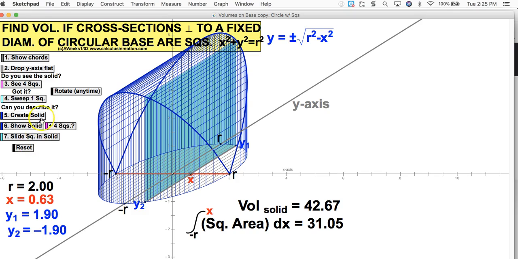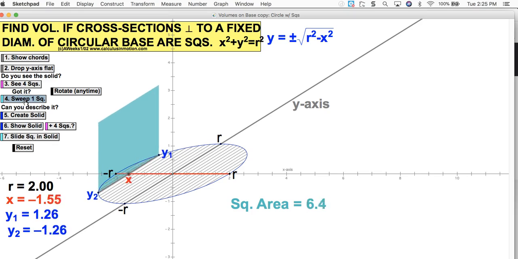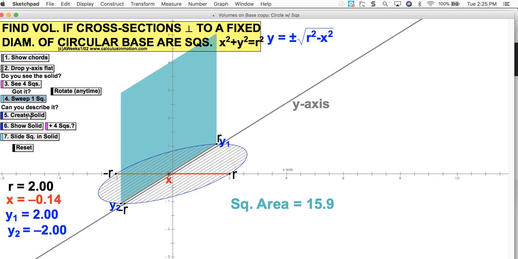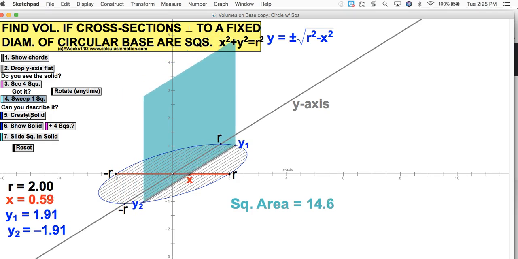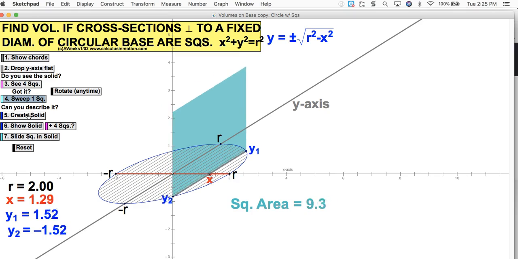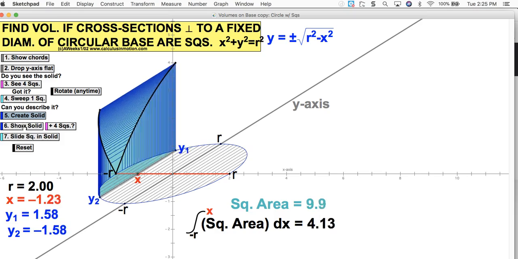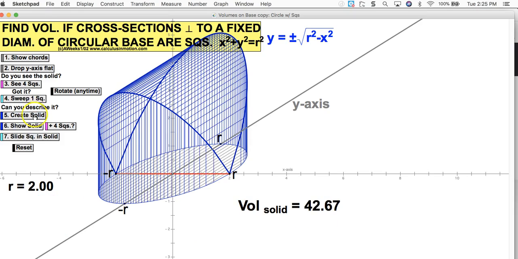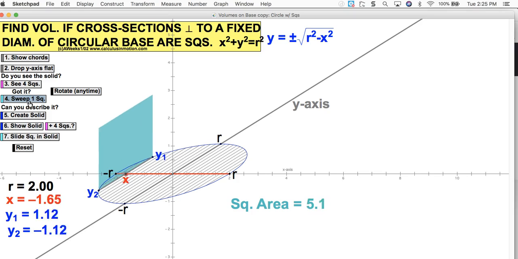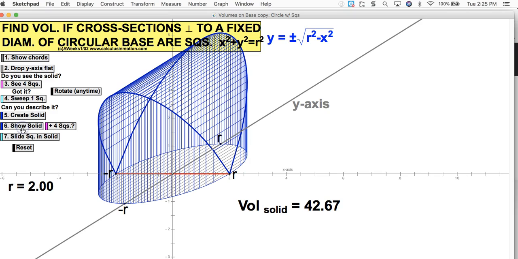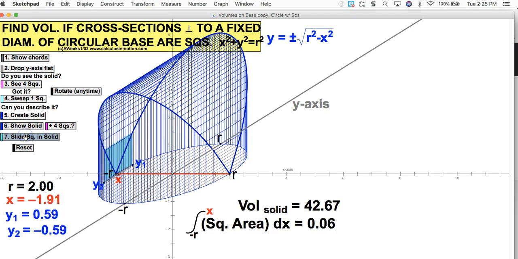Okay, and so let's just sweep it one more time. See how your squares change. The side is going to change in length according to where you are. And then let's just do the solid one more time too. Okay, and I'll just sweep the square through it one more time. There we go, that's what I meant to do. Anyway, so see,